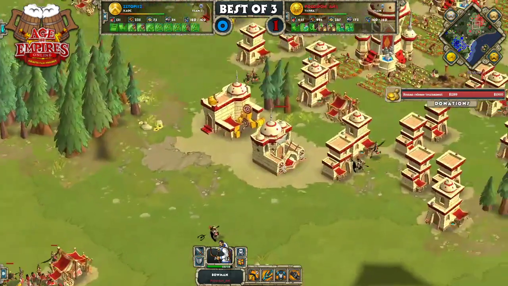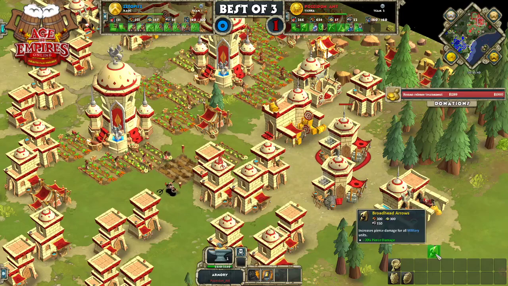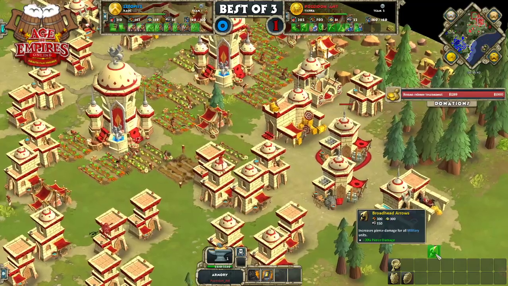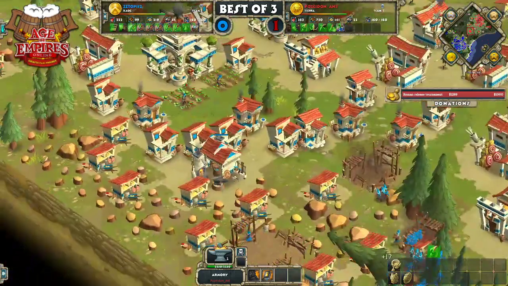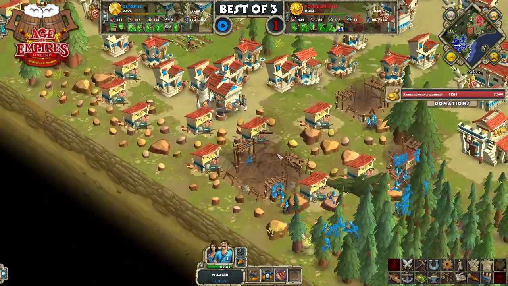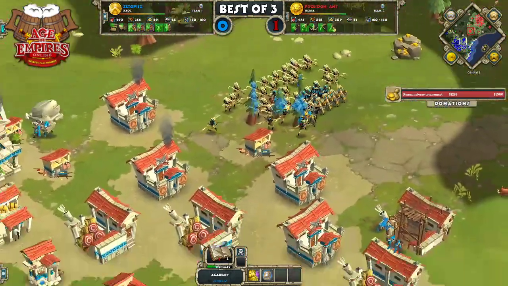Already back up to 42. Yeah, Persian bowmen train really fast. It's like a 9-second train time. Yeah, he's getting the upgrades too, Broadhead. And speaking of upgrades, I think Zztop got, I don't even know the name of the upgrade if I'm being honest,